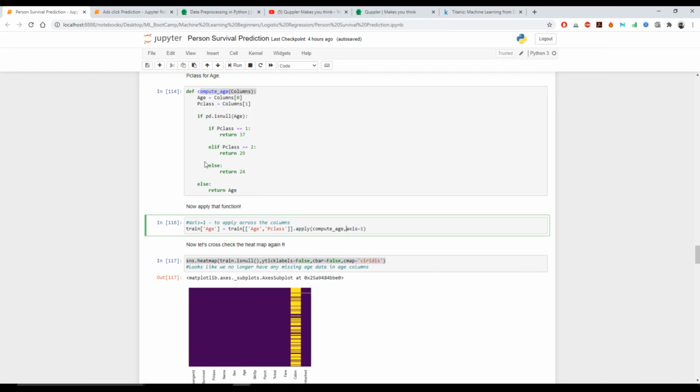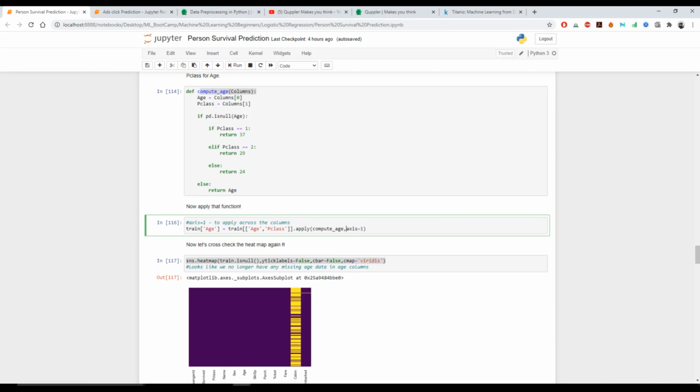For this module, we're going to drop the survive column. Basically this is the column we have to predict, whether that particular user is going to survive or not.